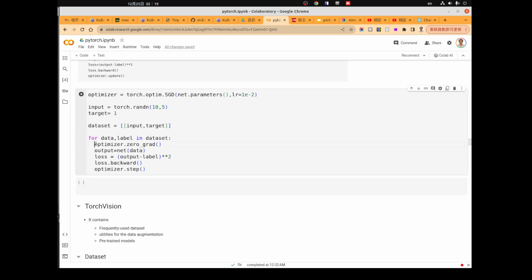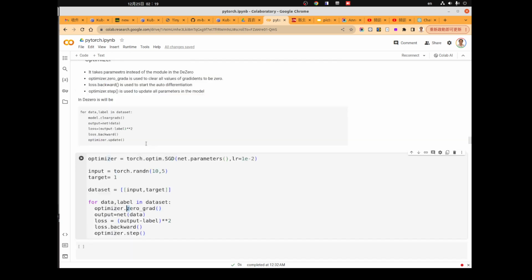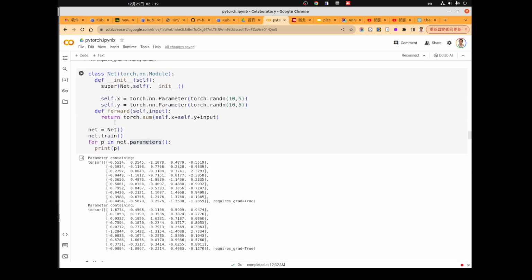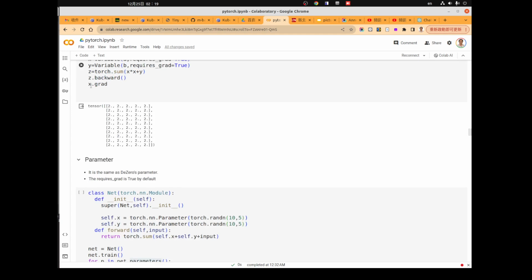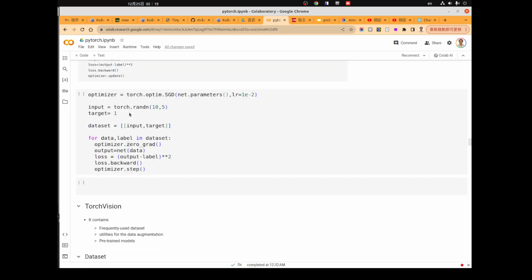So for the optimizer, there are two most important functions. The first one is zero_grad. This will set the grad variable to be 0 for every parameter which has been passed to the SGD optimizer constructor.